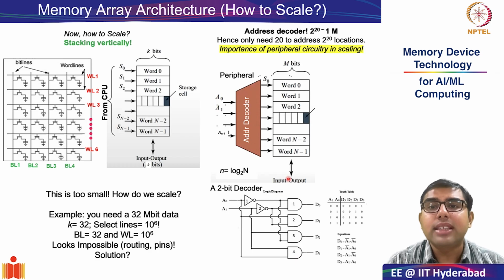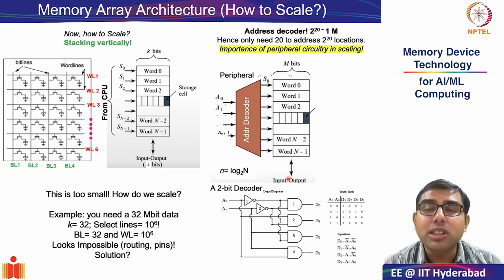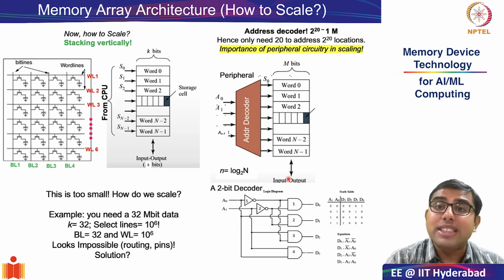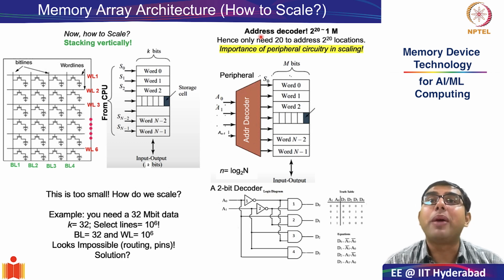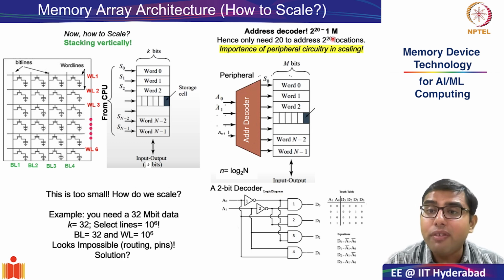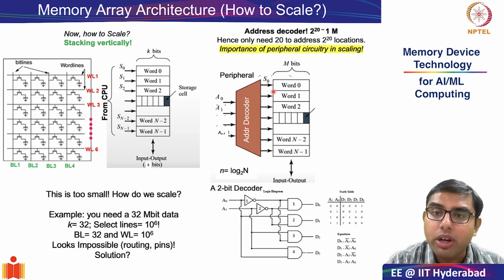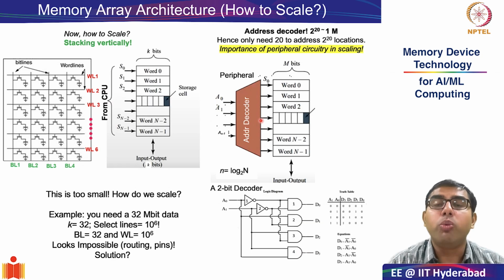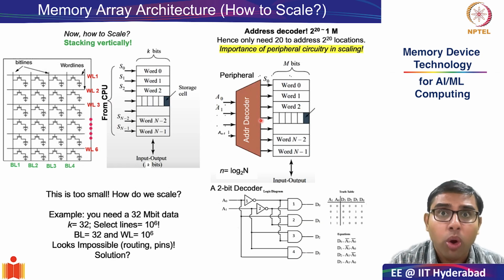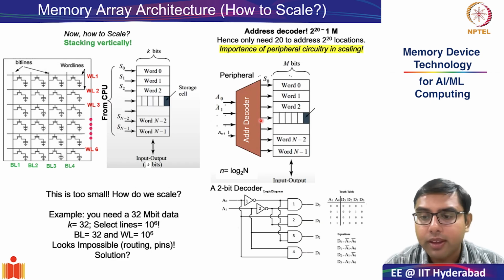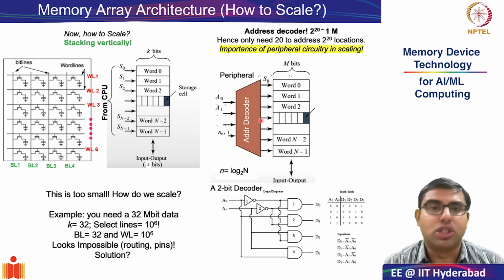Okay, so this is how you make the problem of an impossible routing situation very simple by using an address decoder. And this is also the simplest or the first example that we see of the importance of peripheral circuitry. It is not enough to only organize these bits in an array-wise fashion. It is also important to have additional circuitry which can make communication to and from the CPU very effective. With this, let us go to our next topic.